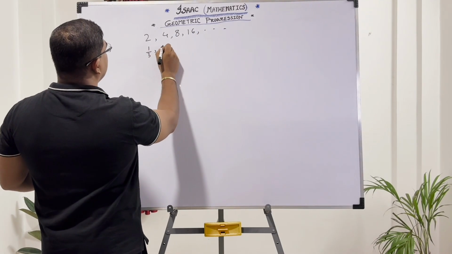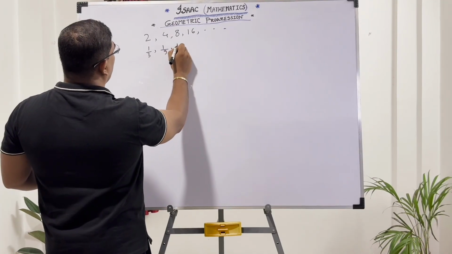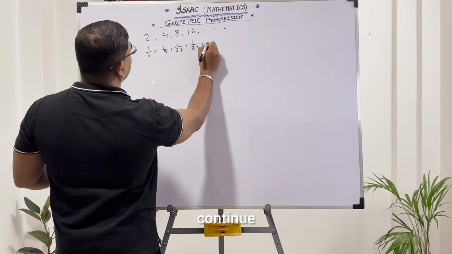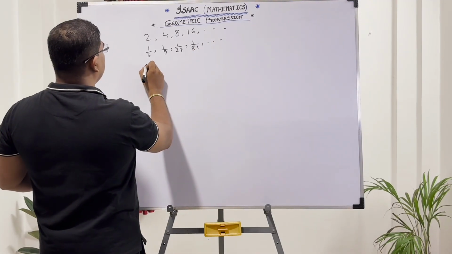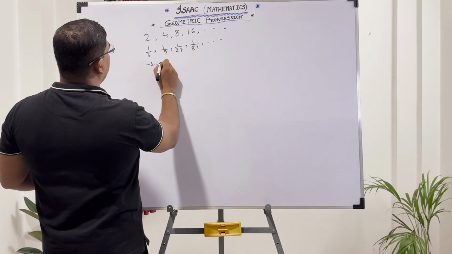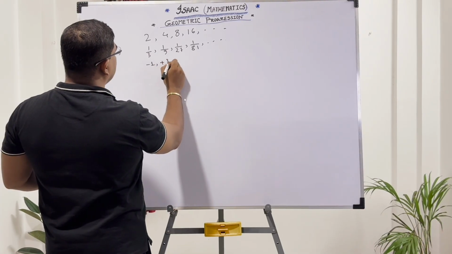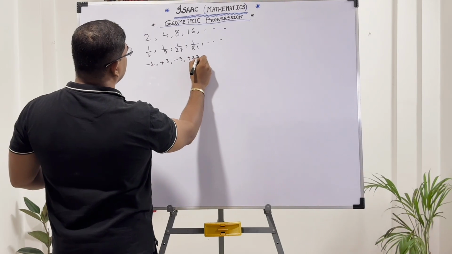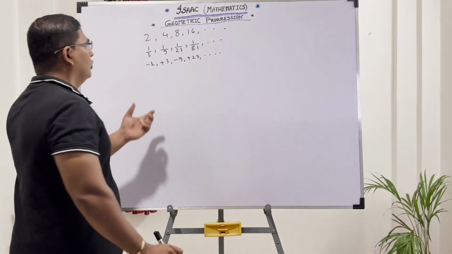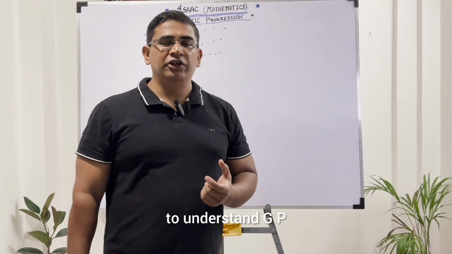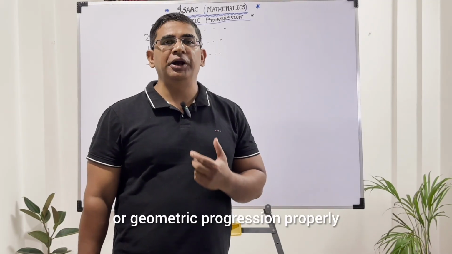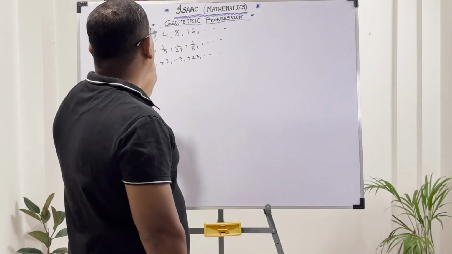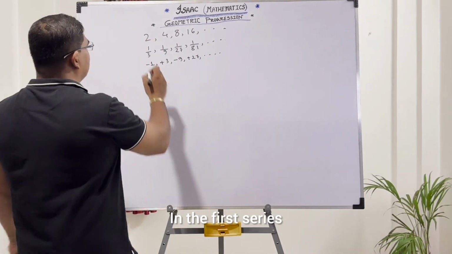1 by 3, 1 by 9, 1 by 27, 1 by 81, continuing. Minus 1, plus 3, minus 9, plus 27, continuing. Okay. So, to understand GP or geometric progression properly, here we choose these three series. In the first series,